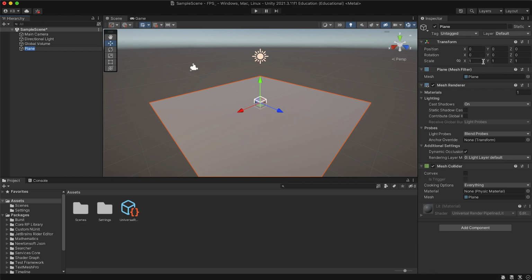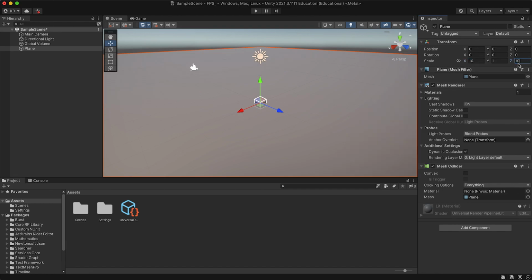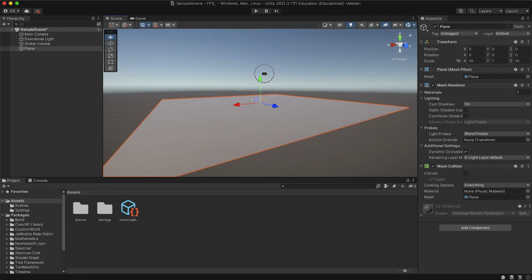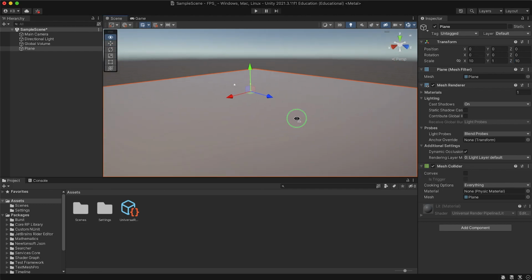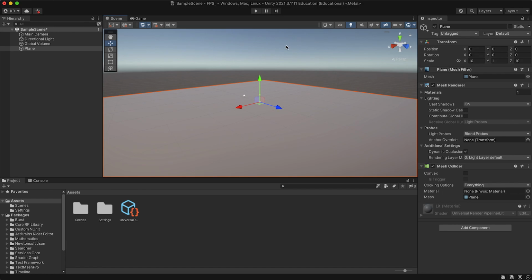Scale 1 by 1 by 1, let's make it 10. So let's go 10 on the X and 10 on the Z. So we've got more of a platform that we're kind of working from, more of a plateau that we're working from here. Lovely. So the way I'm kind of using my controls, if you haven't been in 3D of Unity 4, is